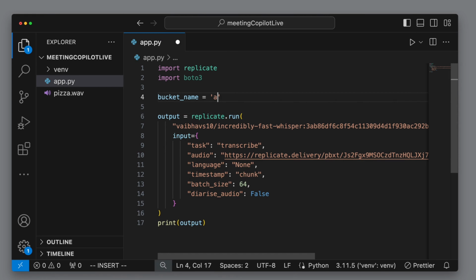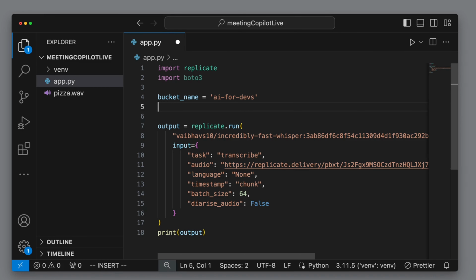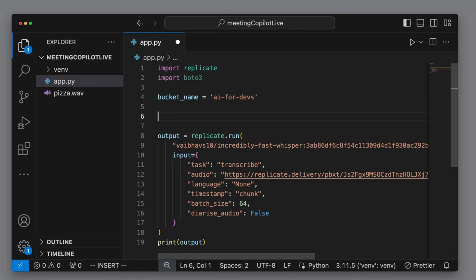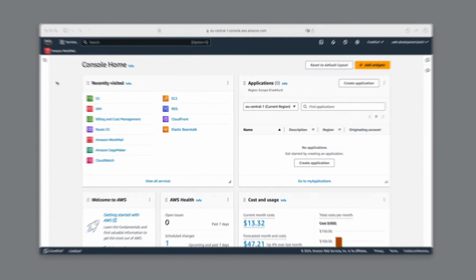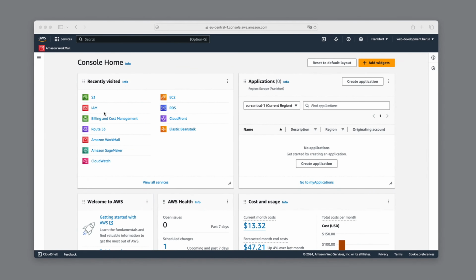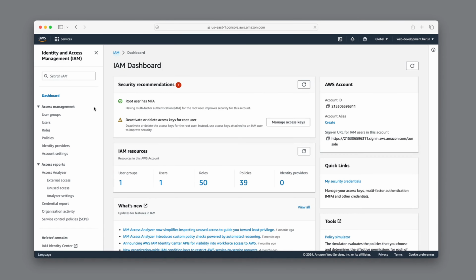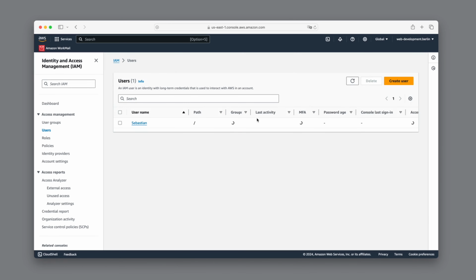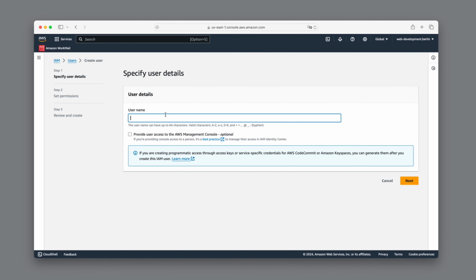After configuring the policy, we specify our bucket's name in our script. Using the Boto3 client, we can access it using the AWS Access Key and secret. To create them, we go again to the AWS console. Here we click on IAM for identity management, and under users, we already see our administration account. To create a user with restricted access, press Create User,